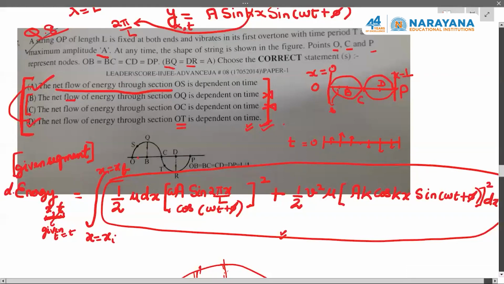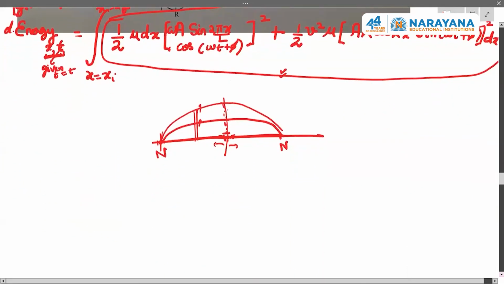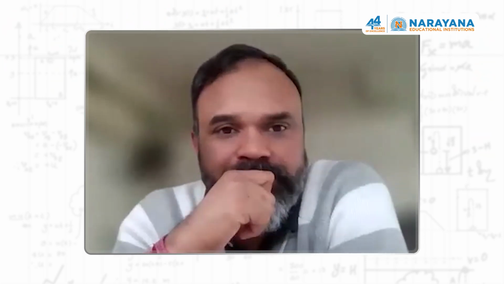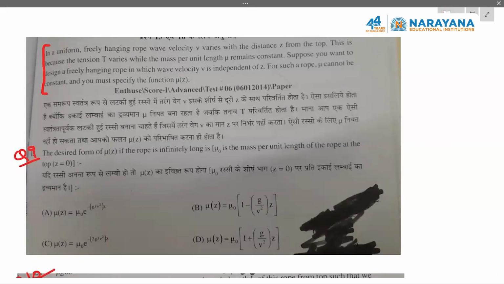Any calculation of energy, this expression will help you out for energy as well as power expressions. This is a problem in which there is a uniform freely hanging rope with wave velocity v, which varies with the distance z from the top. And this is because the tension varies while the mass per unit length mu remains constant. Now, there is some hypothetical thing that we demand. Suppose you want to design a freely hanging rope in which wave velocity is independent of z. So, like I generate a pulse from the bottommost point of the rope, and it travels throughout with a constant velocity on the rope. So, if I want to design such a rope, obviously we know that mu cannot be a constant mass per unit length. So, first question is the same, that the desired form, what kind of linear mass density function should we plan to ensure that